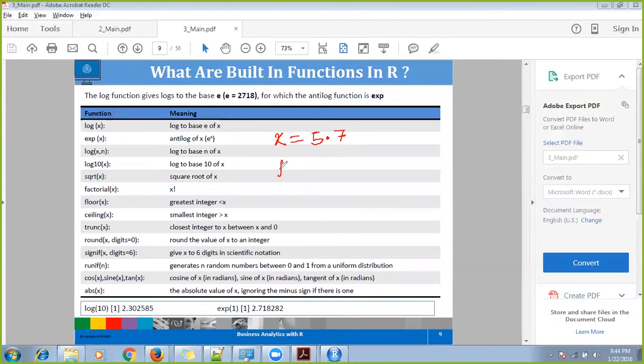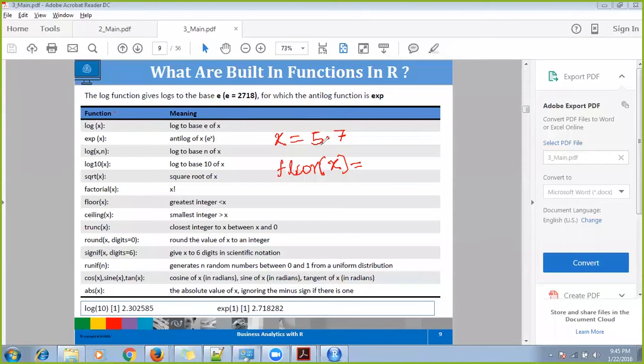Okay, so the floor function of x will give me the greatest integer that is less than 5.7, the highest possible integer less than 5.7.